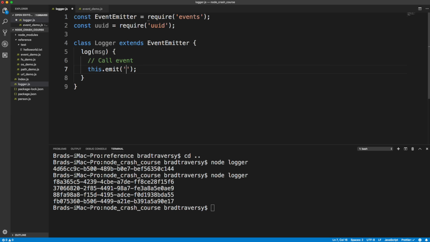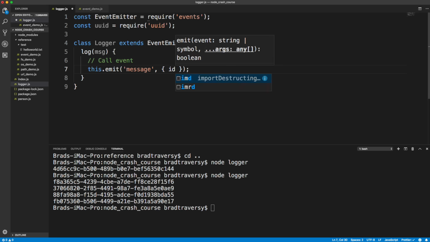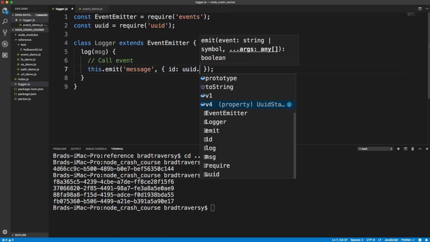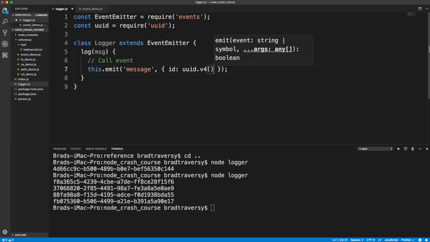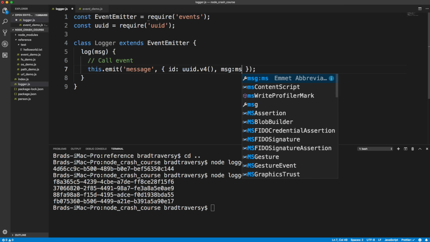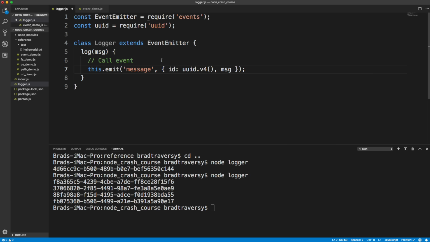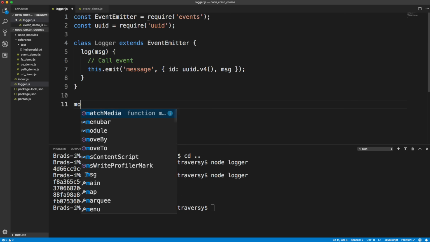And let's emit an event called message, and let's add in here an ID, which we'll set to uuid.v4, and then let's also add the msg that we pass in. Okay, and this is the same as doing this, like that. So every time we call log, it should show a new ID with the message that's sent. Now I'm going to export this,